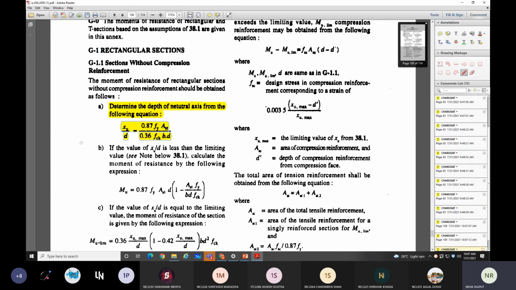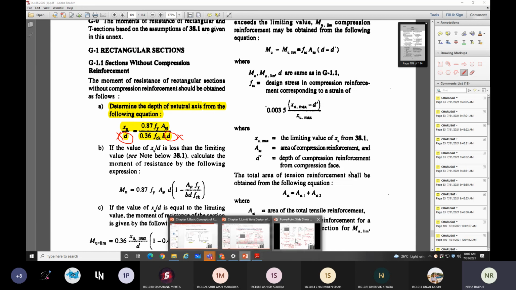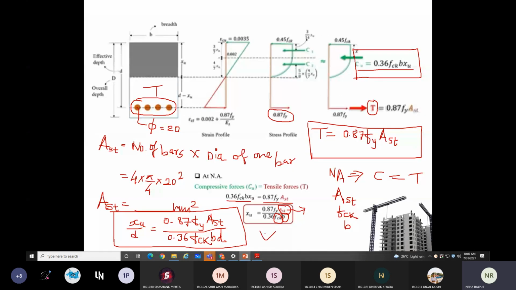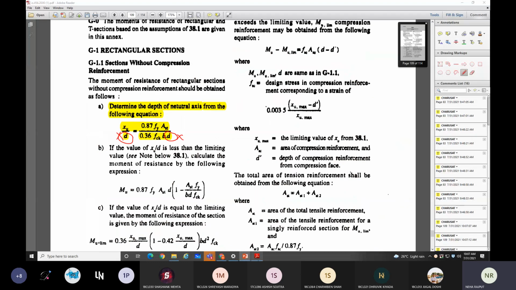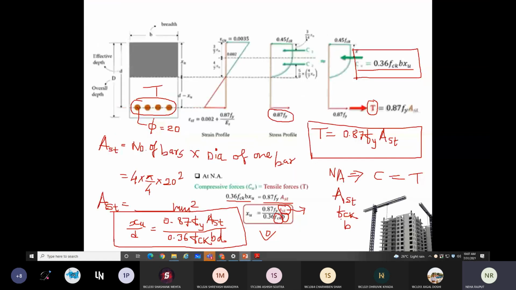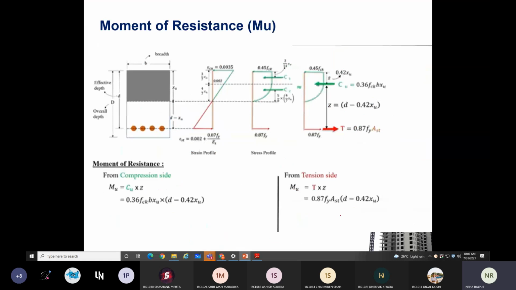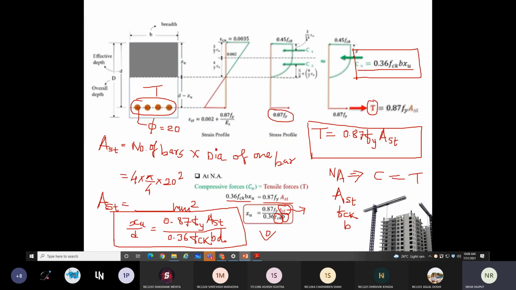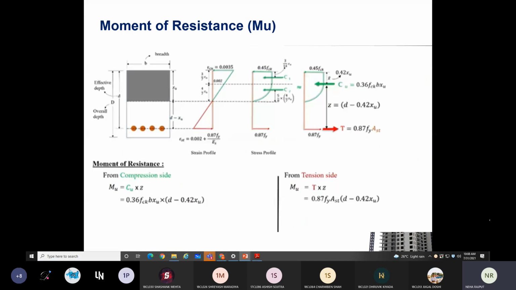Here this b d is the same as what I also did. If you don't divide this, then C is equal to T, and you will get this simple equation. But both equations will give the same answer. Is it clear, everyone? Yes, ma'am. Right. So in the code everything is given directly after deriving the equation, but how to derive it, how to get this value, so this is the explanation for the same. Okay. We will continue in the next lecture.